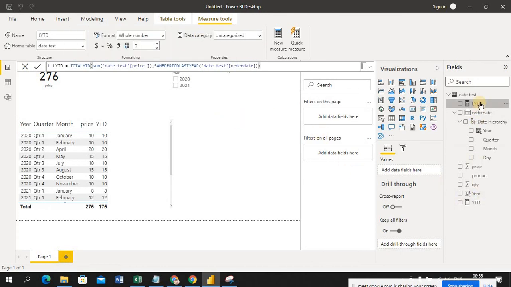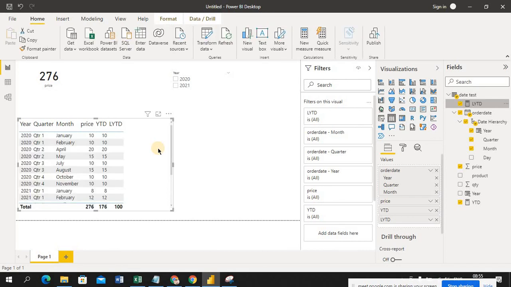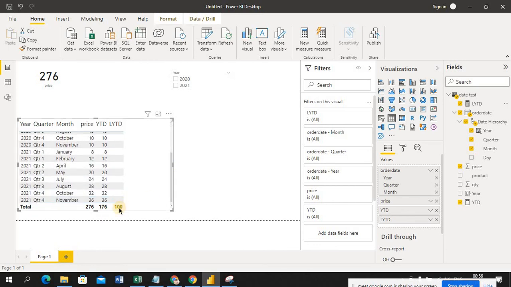So see, I got it here. Okay, last period here. Now I'm going to drag and drop this measure here. See guys, this is the 2020 sales. If you click here,